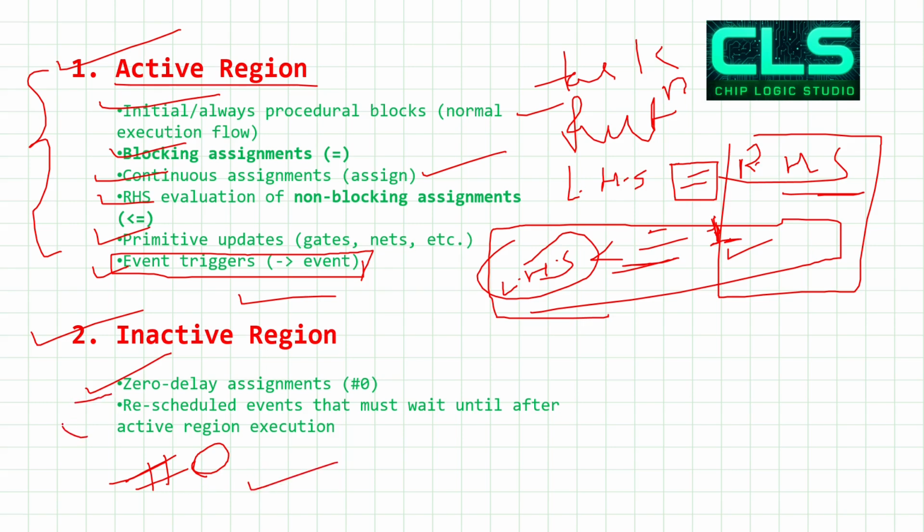And reschedule, the same thing we were rescheduling: we don't want our statement to run in the active region. There might be some cases. So for now you can understand that whenever we use #0 delay, the statement will execute in the inactive region. And the most important thing, like $display